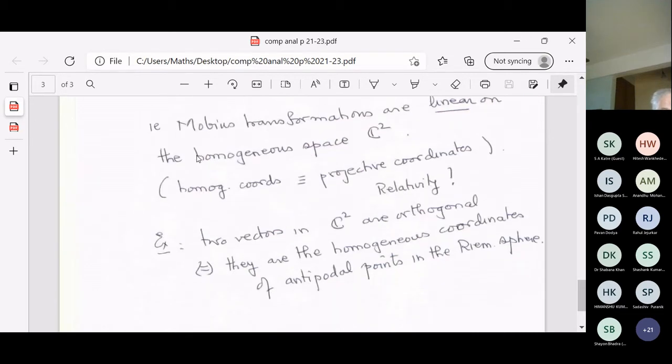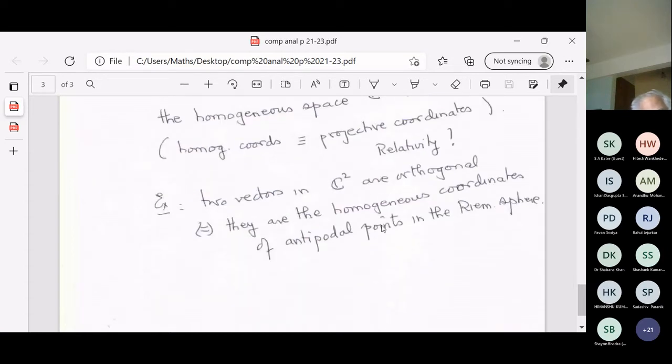These homogeneous coordinates are called projective coordinates, and some of you, I'm sure, will be worried a great deal about homogeneous coordinates, and not just in algebraic geometry, but also in large parts of physics, including relativity of all things. It's an interesting geometric fact that